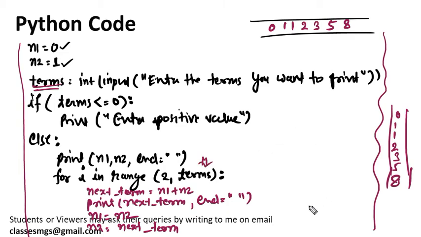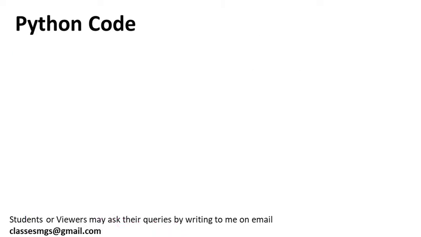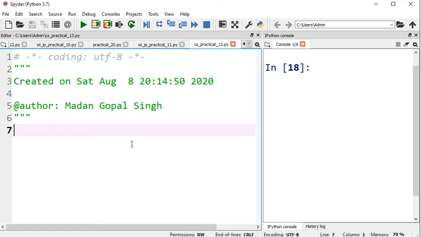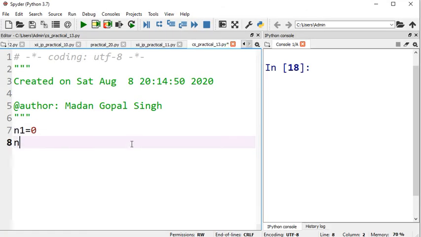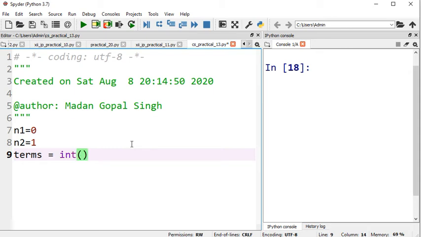So now I am going to execute this Python code in the Spyder. So I am copying this from here, and I am going to execute it in the Spyder. So let's open the Spyder first. So I am opening it for your convenience. Yes, this is it. So first n1 equals to 0, n2 equals to 1, and then you will take the terms value as input integer, then you will enter input,